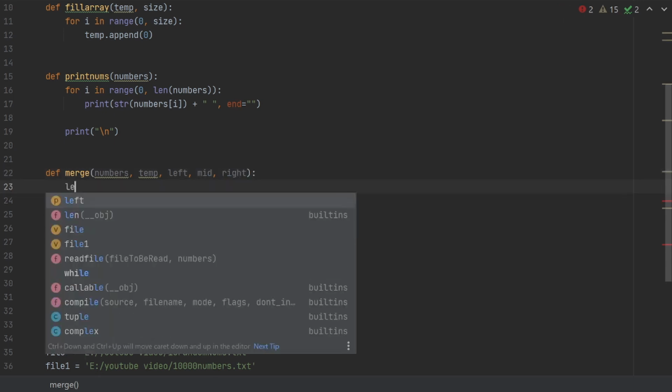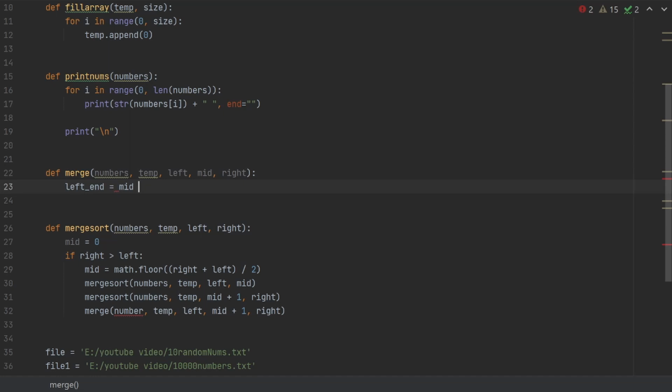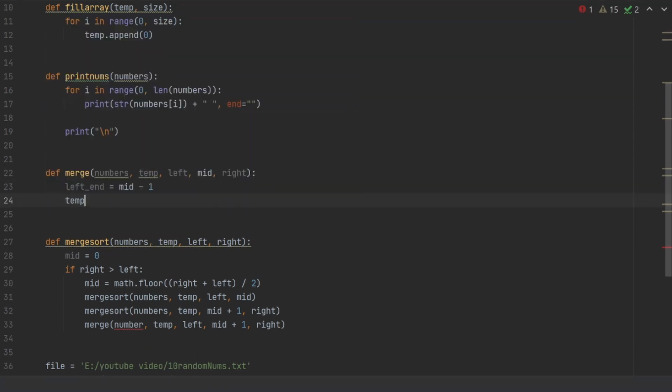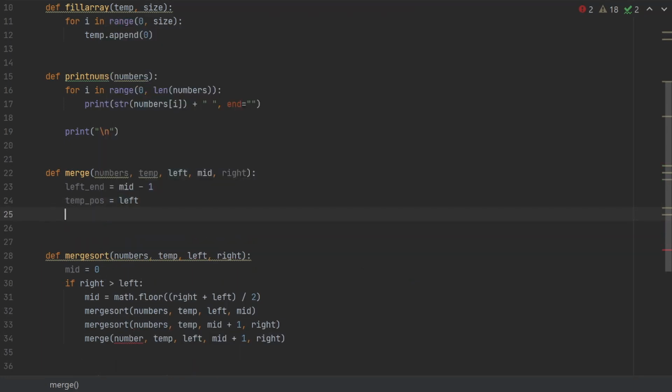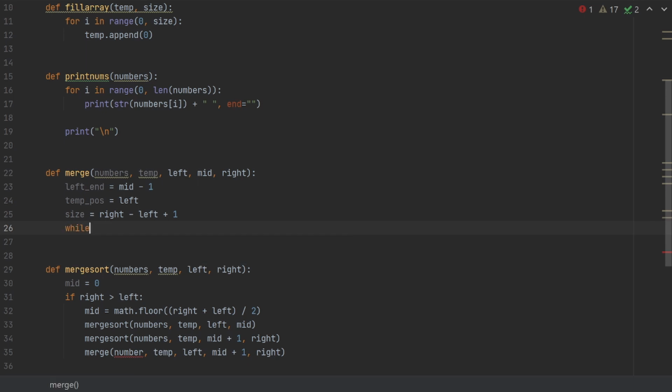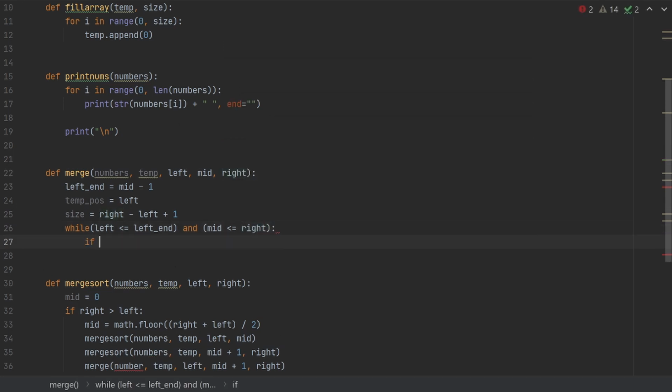Jump inside of that. So left end is equal to mid - 1. Then we have our temp position is equal to left. And then we have our size is equal to right minus left + 1. And this is the fun part. While left is less than or equal to the left end, and mid is less than or equal to the right, we say if